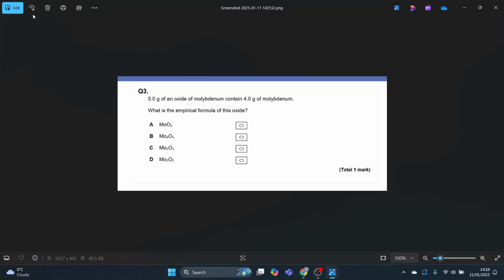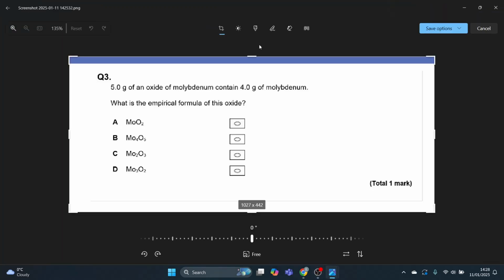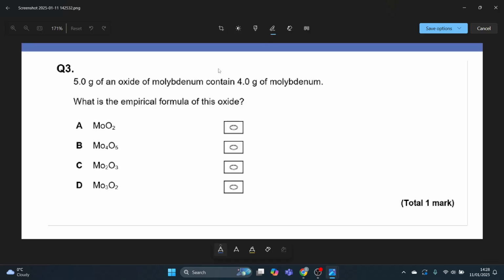This is a multiple choice question. This video is going to be on empirical formulas and molecular formulas, and that kind of method. So 5 grams of oxide contains this much molybdenum. Therefore, 5 minus 4, you can clearly see from the options, we've got only molybdenum and oxygen. So therefore, the mass of oxygen is that. Therefore, the moles of oxygen